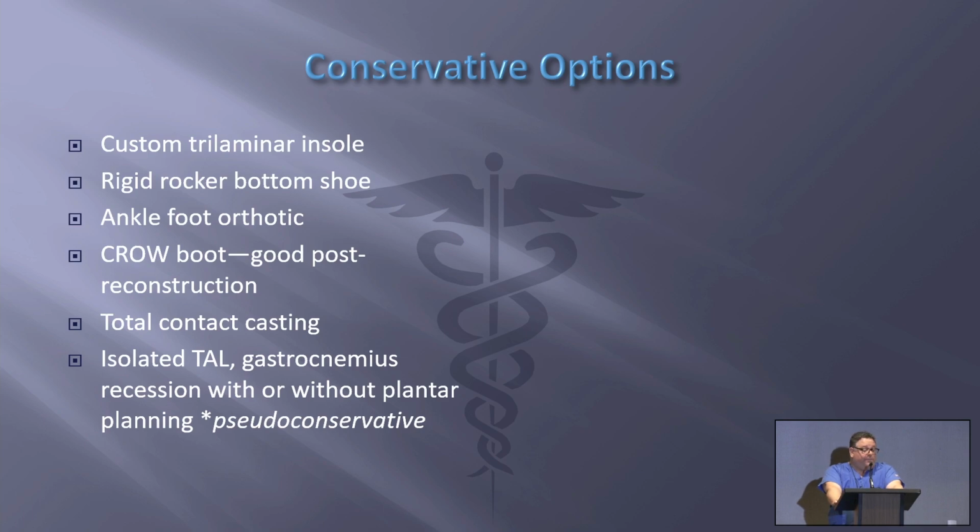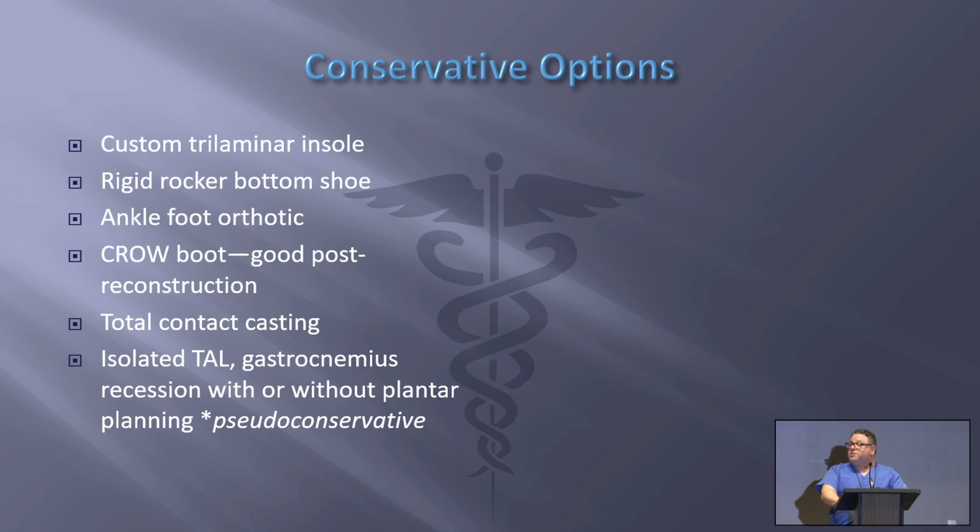They're also a great way to allow your reconstruction to heal. Post-reconstruction, patients go in a CROW boot for a while. Total contact casting is great for acute Charcot arthropathy. It addresses ulcers as well as the Charcot foot deformity. And then once again, isolated tendo-Achilles lengthening or gastrocnemius recession with or without plantar plating. So I call this pseudo-conservative. So instead of doing this big Charcot foot reconstruction, all you do is lengthen the Achilles or the gastrocnemius tendon, and that calms the Charcot down, that heals an ulcer, prevents an ulcer, and all you do is transfer them